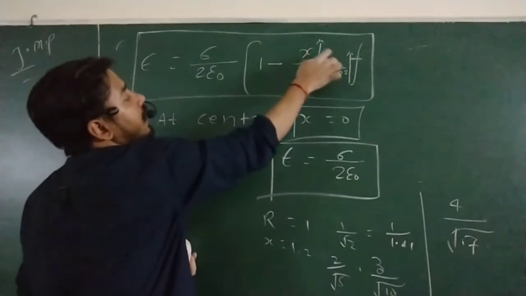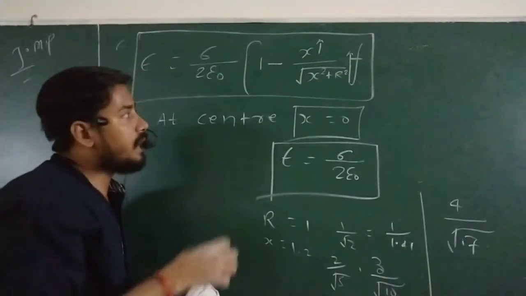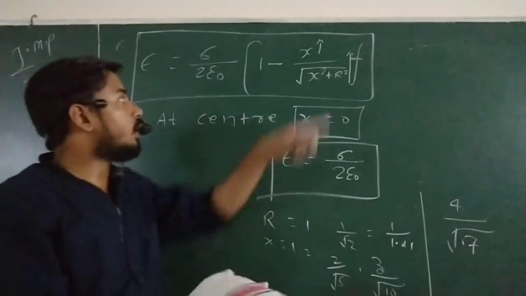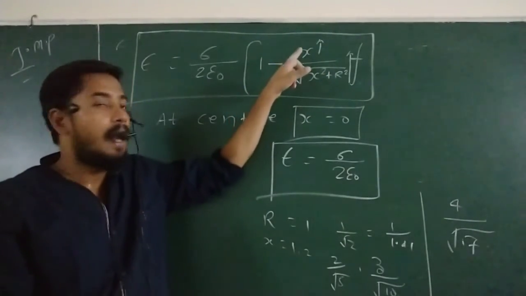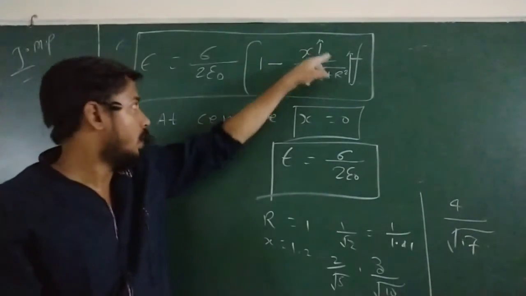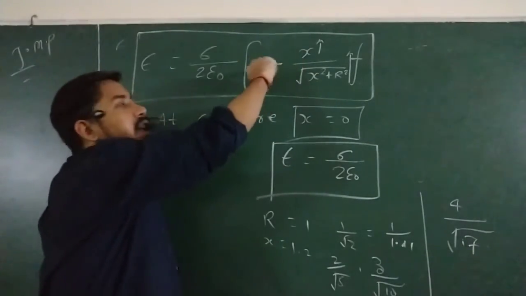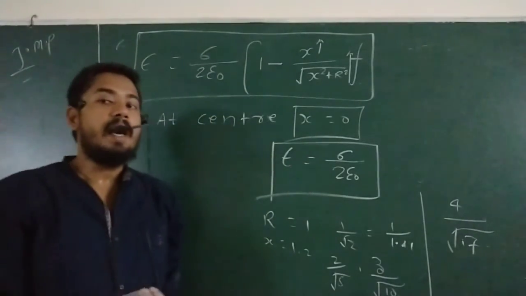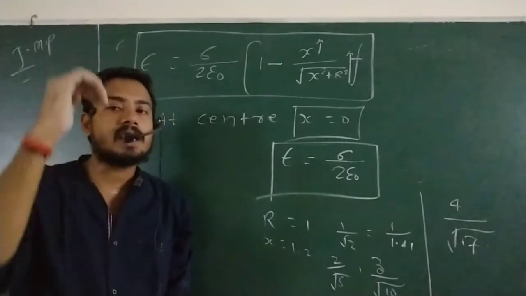So simply we can say this value will start increasing if you increase the x. It means what? The quantity which is subtracted from 1 starts increasing. It means the total value will decrease. Suppose sometime it is 0.3. So total value is 0.7. Now it becomes 0.5. Total value 0.5. Now this becomes 0.6. Total value 0.4. So what happened? This whole value starts decreasing. Ultimately, this electric field will also decrease. It means if we move away from the center of this, the electric field will start decreasing.